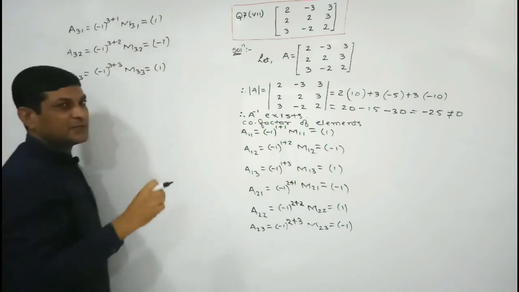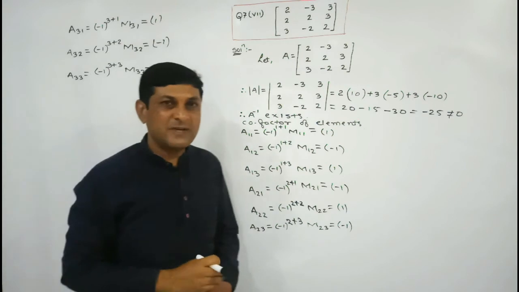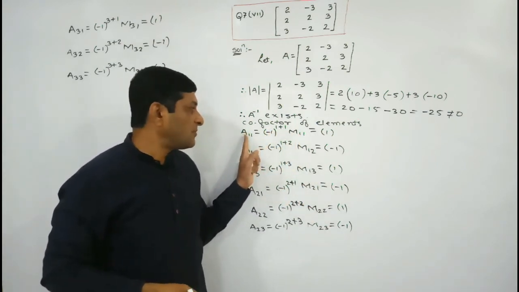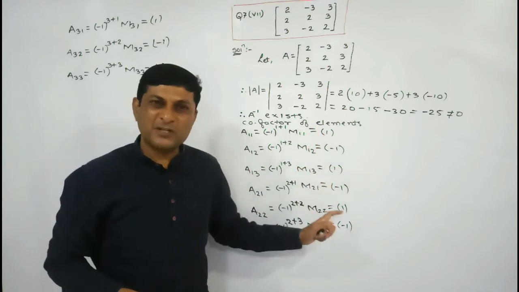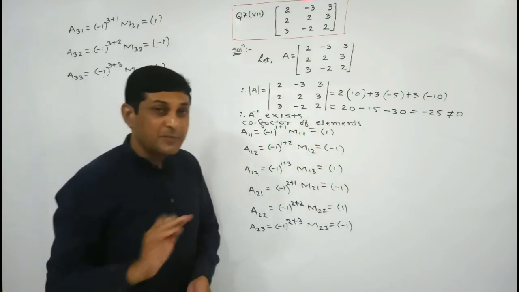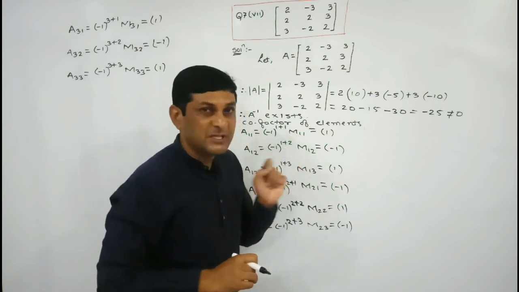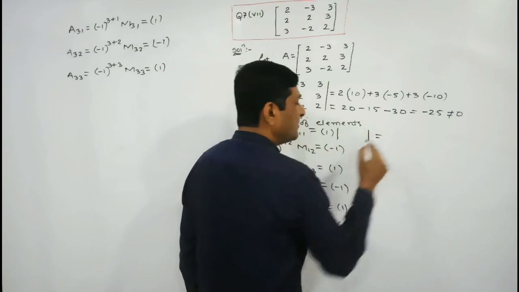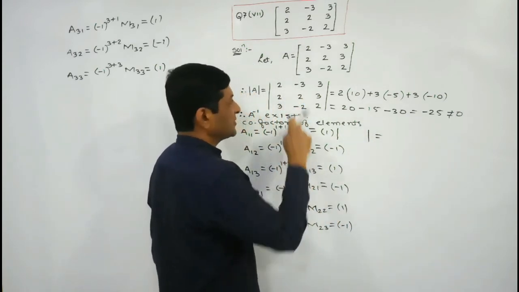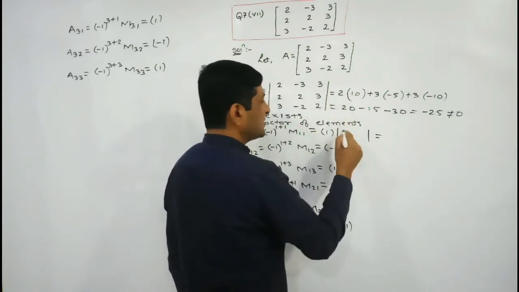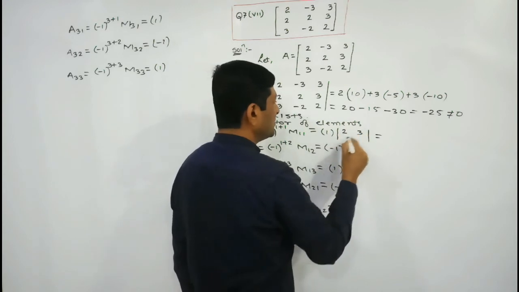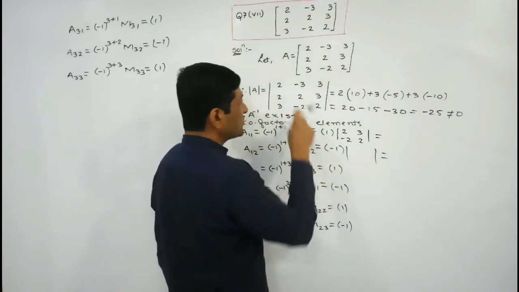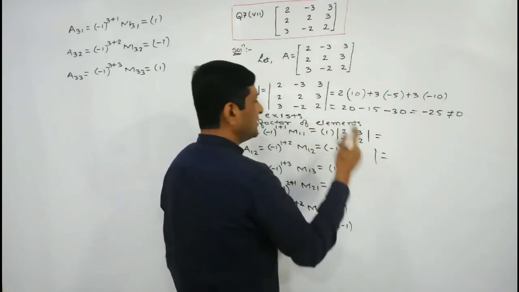It is not necessary to perform the same calculation always. Just simply remember that the value of the first term in case of A11 is plus 1, then minus 1, plus 1, minus 1, continuing this way. Now the remaining part is to find the value of the second term, meaning the minor. We know that a minor is nothing but a determinant, and to obtain the elements of this determinant, delete the first row and first column. If we delete the first row and first column, which are the remaining 4 elements? 2, 3, minus 2, 2. Now delete the elements of the first row and second column: 2, 3, 3, 2.